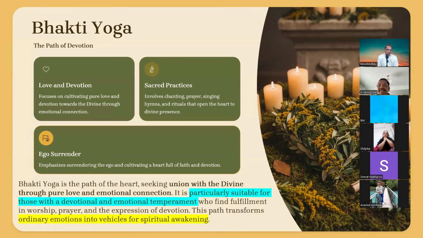Don't think people who go to the temple are Bhakti Yogis. No, no. People go out of fear. I want this, I want that. Please, God, save me. Please, I have this disease. We go with a list. Like you go to a provision store, as if God doesn't know, you go with a list. He knows everything, right? What do you want to say?